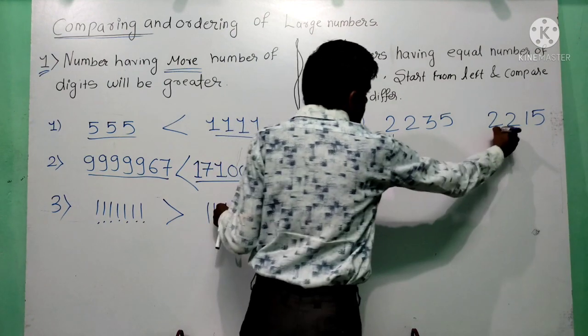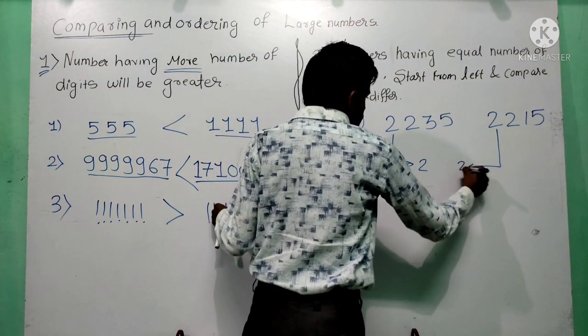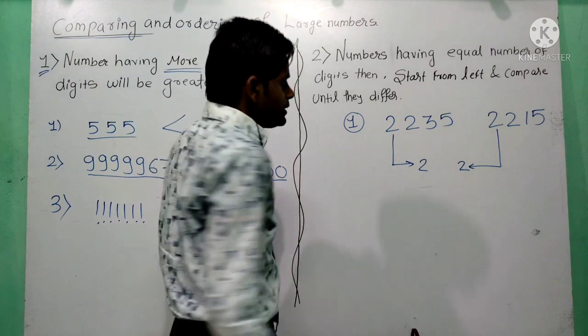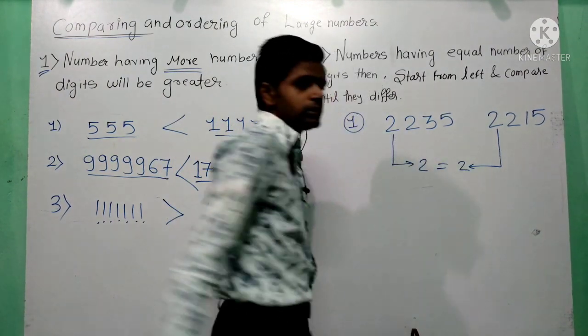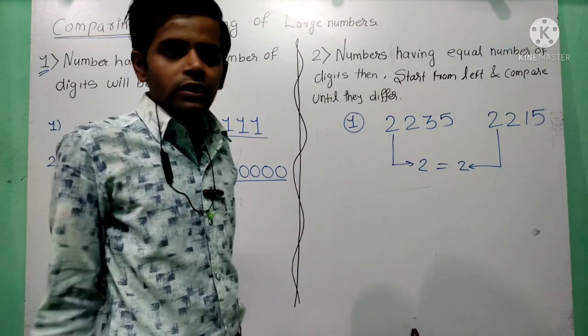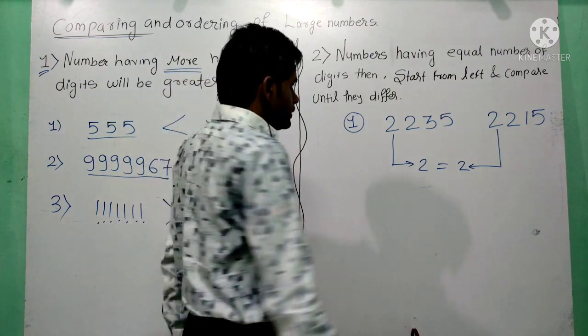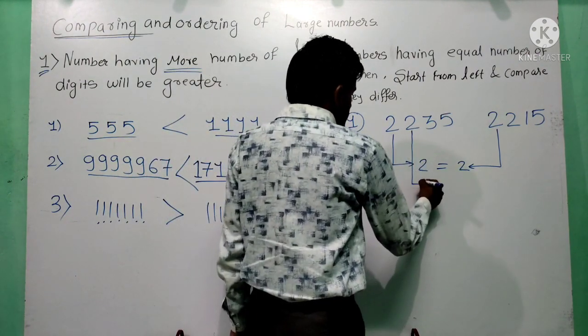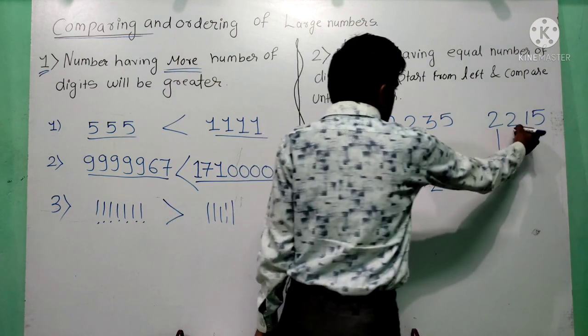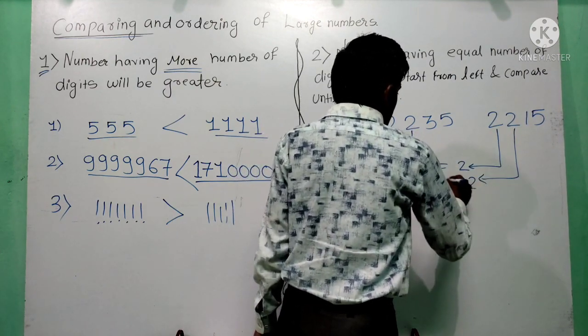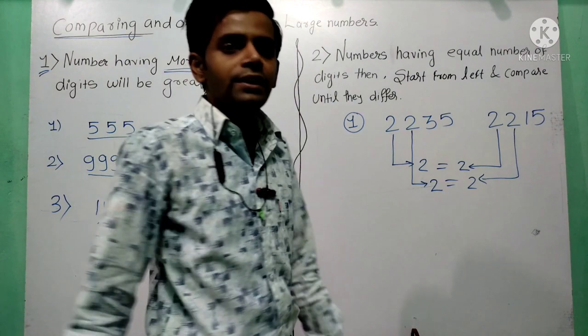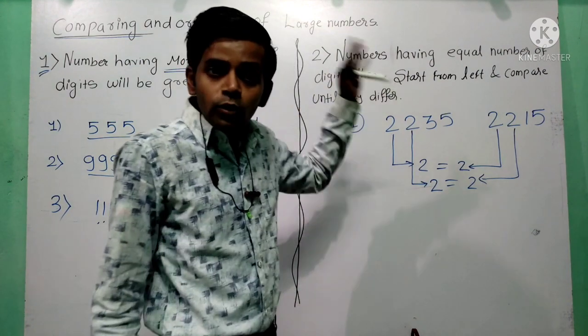So this is 2 at the 1000 place. This is also 2. Now you can see that digit at the 1000 place of both the numbers is 2. तो अब हमारे कोई काम का नहीं है. We can't compare the number. दोनों के दोनों equal है. Now let's move towards the 100 place. Here is 2. Here is also 2. Again, both the digits are same at the 100 place. अभी भी हमको पता नहीं चला.